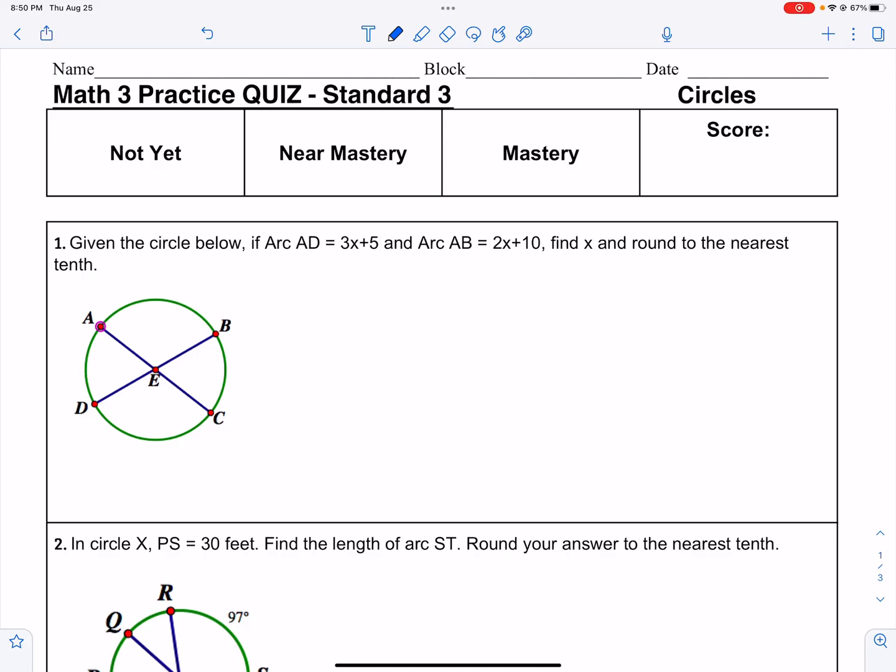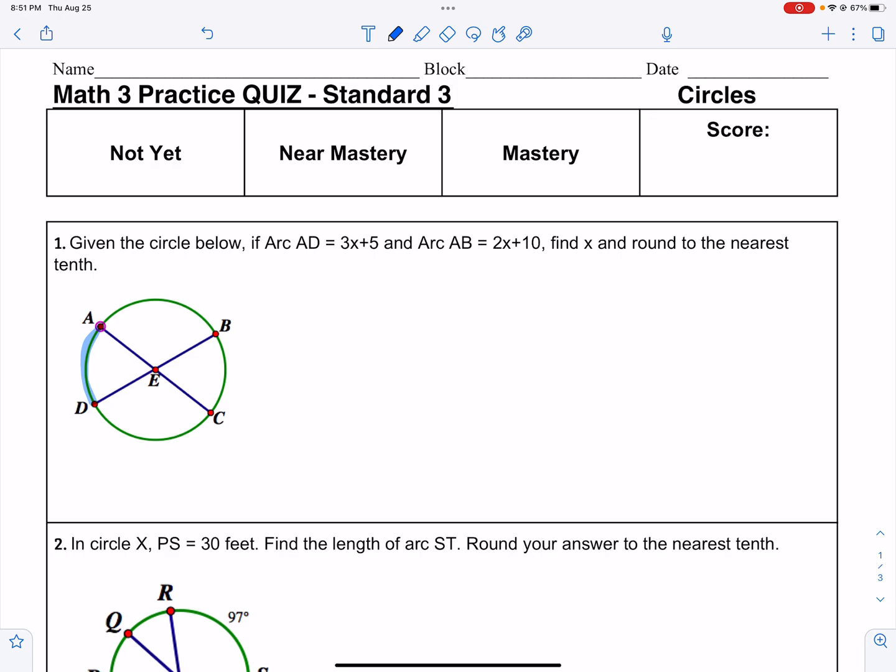Let's take a look at the practice quiz for standard 3 on circles. Number 1 says, given the circle below, if arc AD equals 3x plus 5 and arc AB equals 2x plus 10, find x and then round to the nearest tenth. Alright, so they said arc AD